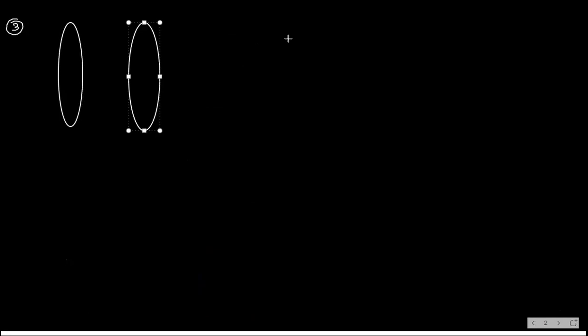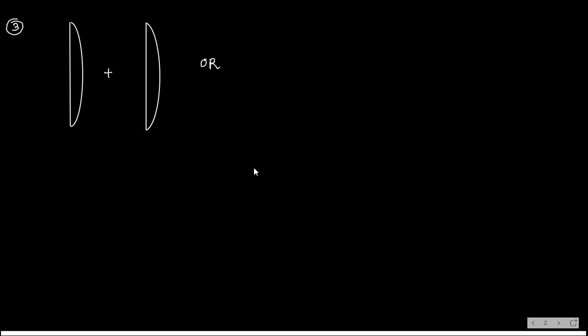You see what I am doing. Now, suppose you are having 2 lenses like this added. So one lens is like this, and another lens is like this. How to find net power, or you can say net focal length for this structure, this plus this, or even if suppose you are having 2 lenses like this.